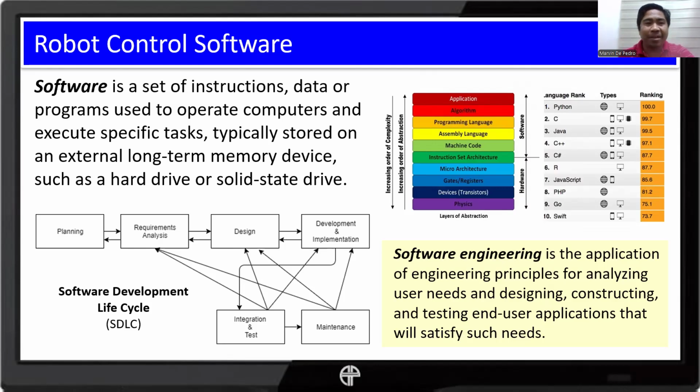And when we say software, then for engineers, even people in the ICT field, it follows that we should observe the stages of what we call the SDLC, or the software development life cycle, which basically starts in planning. Okay, so we make plans, we set timelines, we set our scope, we set our budget also, and other constraints.